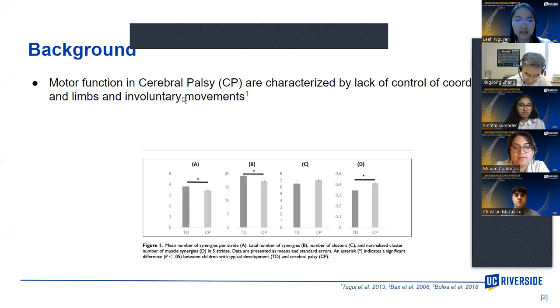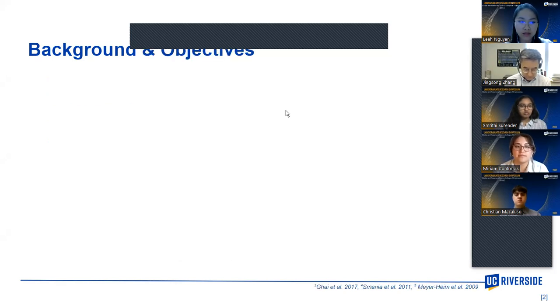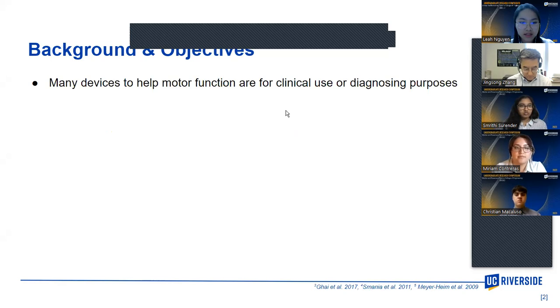So, cerebral palsy is a disorder due to a defect or lesion of the immature brain. It can be classified into different motor deficits characterized by the lack of control and coordination of muscle and limbs. Delayed acquisition of developmental milestones may result in disturbances of the sensations. Communication and social interaction skills may also be affected. Additionally, cognition and perception may be affected as well, restricting learning and behavioral development. Limitations imposed on their ability to move and explore the environment result in a reduced experience of the world, affecting